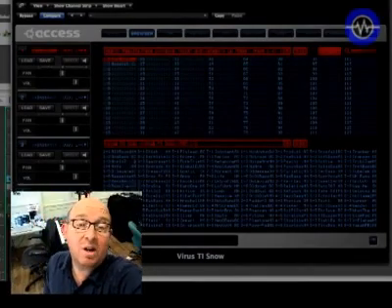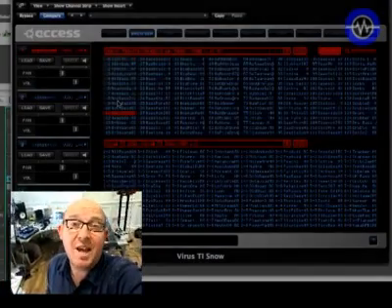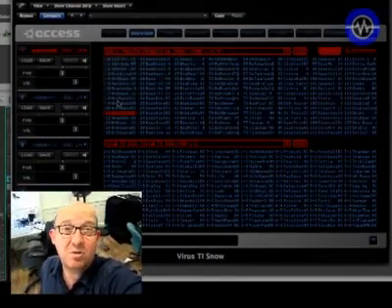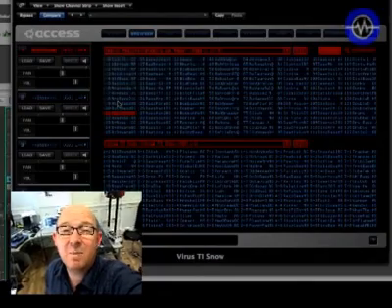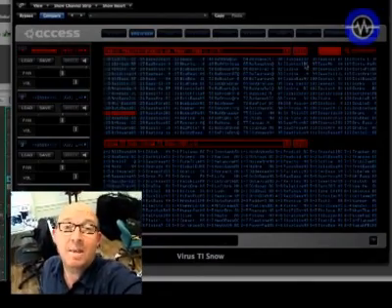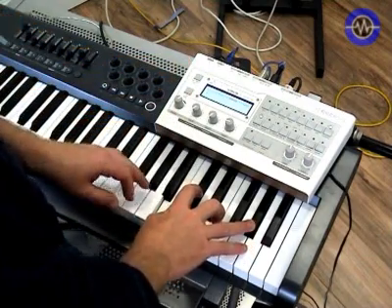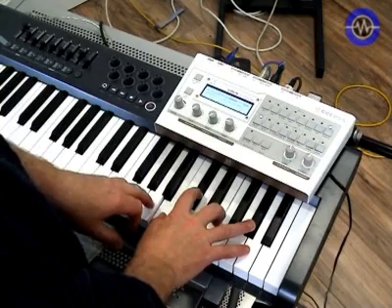The converters on the Virus TI Snow actually sound pretty good. This is not an area in DSP synths that gets an awful lot of love sometimes, and they can sound a bit ropey. Not so with the Virus TI Snow. They sound pretty hot. So with all this DSP power under the hood, it's not surprising you can get some really monstrous sounds. The pads,